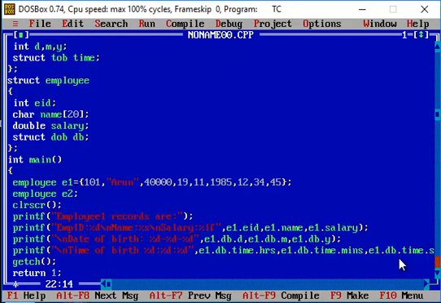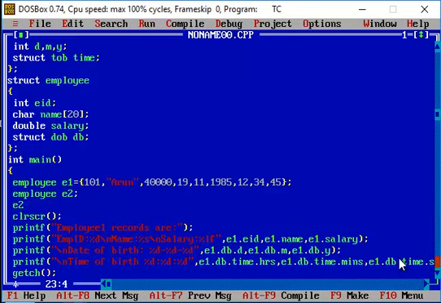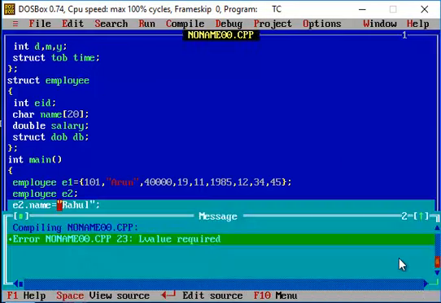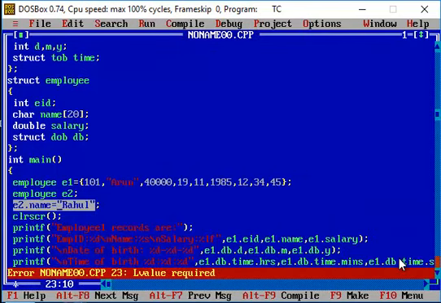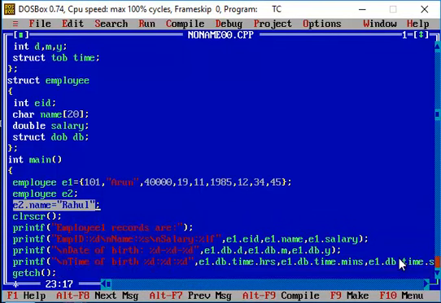And one more thing, always remember, you cannot directly assign a string value to a character. So let's say name is actually a character array, and if you are directly trying to assign some string value to the character array, definitely your compiler will throw an error. Okay, so this is actually a base construct in the C programming language, where you cannot directly assign a string value to a character array.